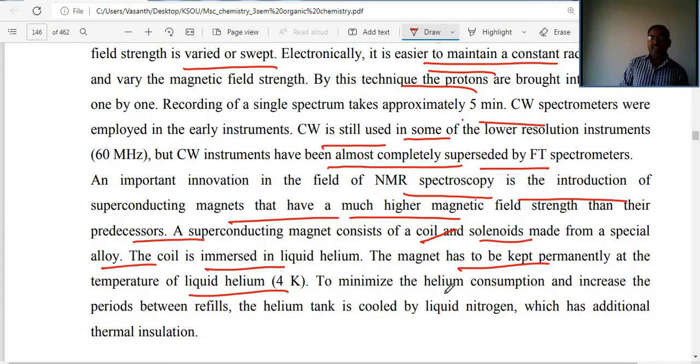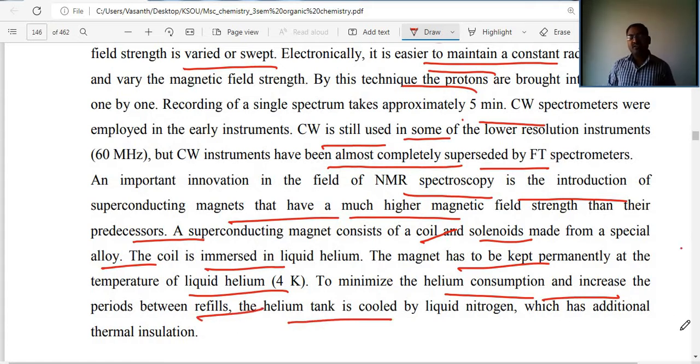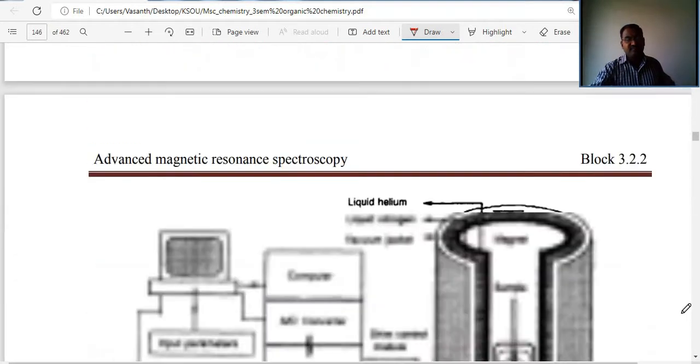To minimize the helium consumption and increase the period between refills, the helium tank is cooled by liquid nitrogen, which has the additional